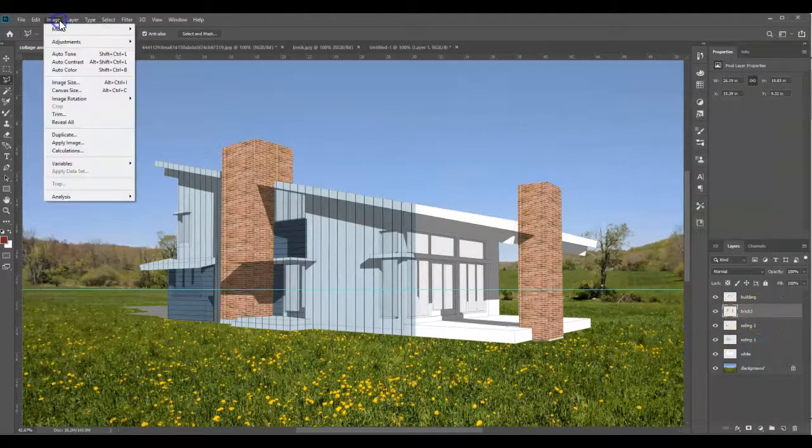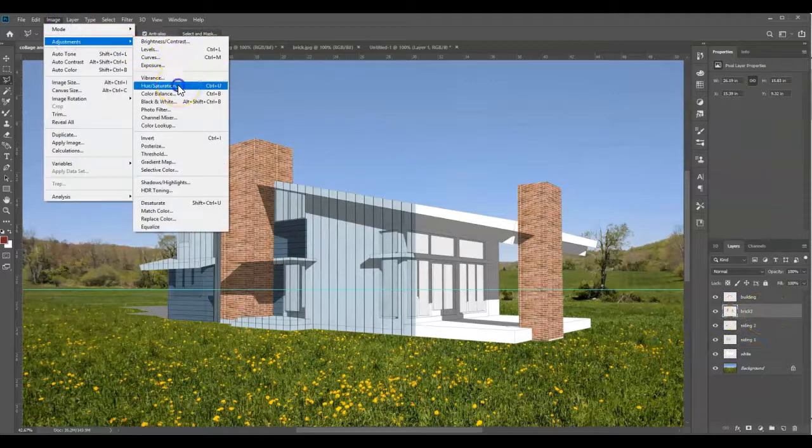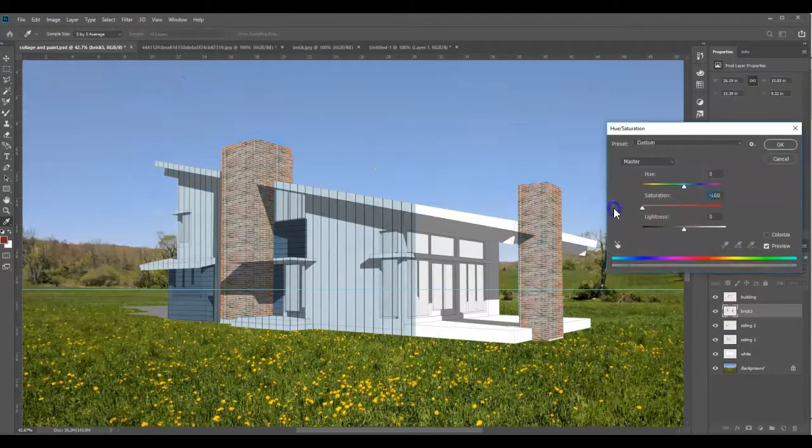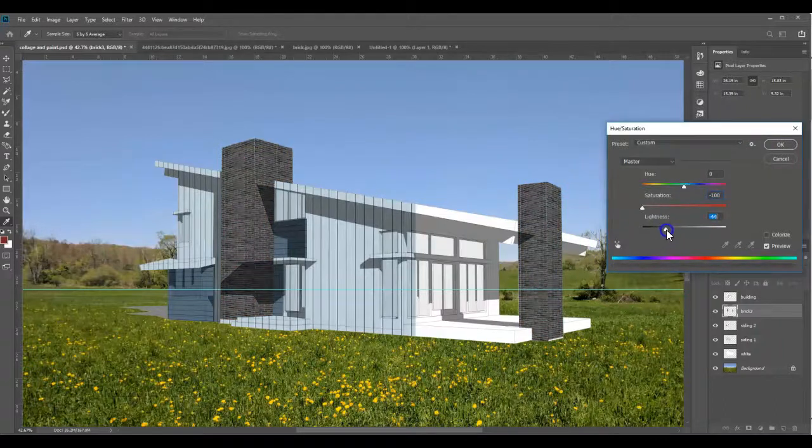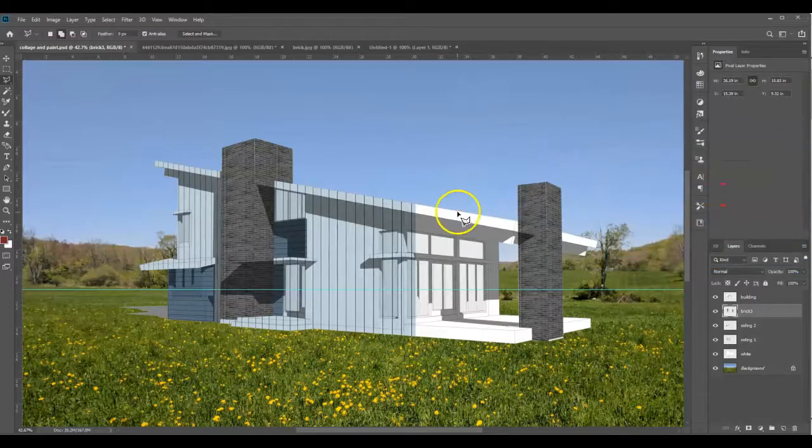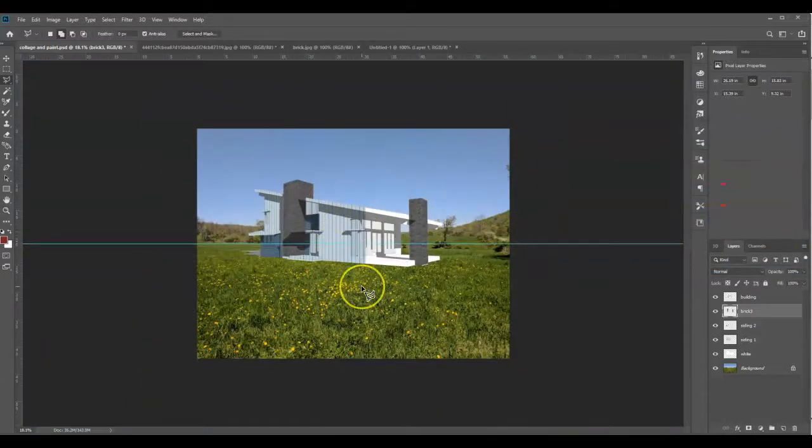That's going to allow me to come up to image adjustments and go to hue saturation. I'm going to take the saturation completely off to make them gray and take the lightness down to make it darker. Not too dark because we want to see some of the texture, but something like that. When I do that, now I've got the sort of black brick look, and you've done the brick, which is probably one of the hardest things to do about this assignment. So good job. And we'll move on